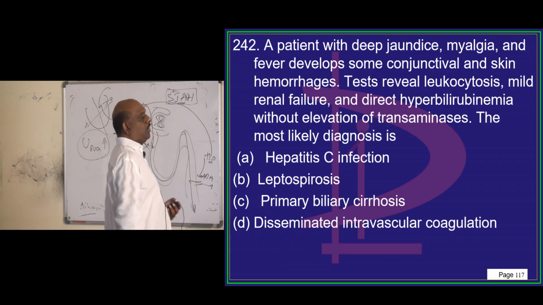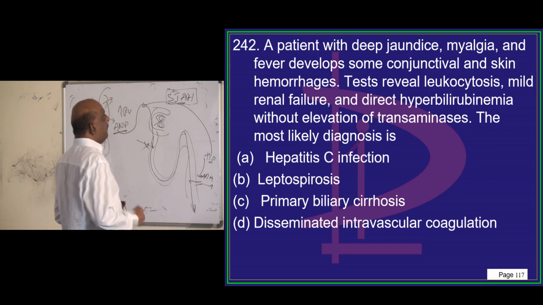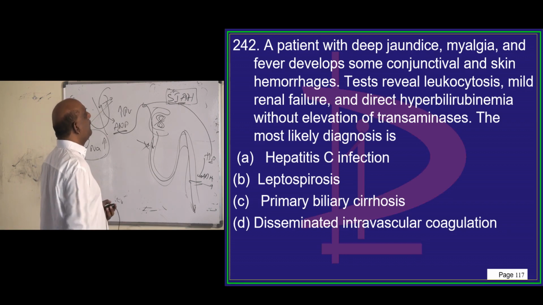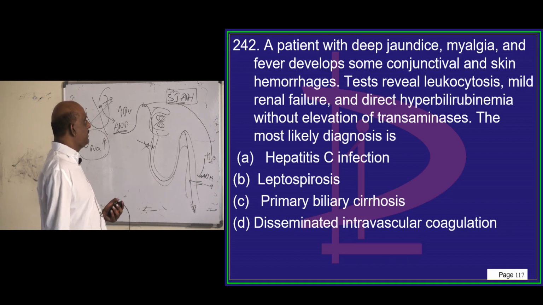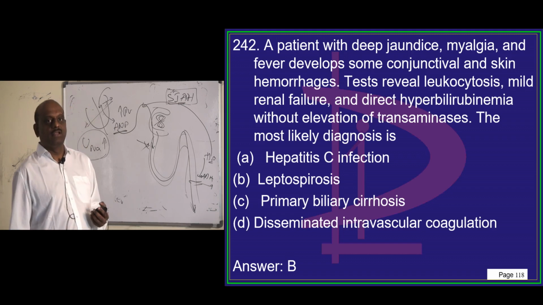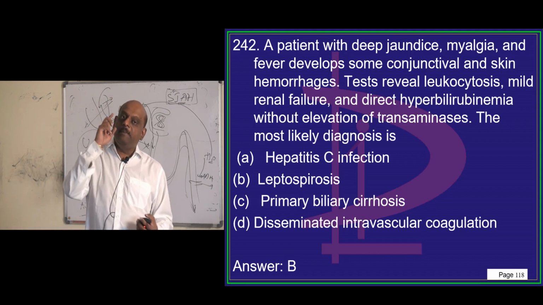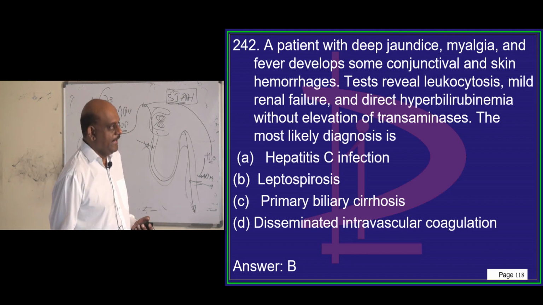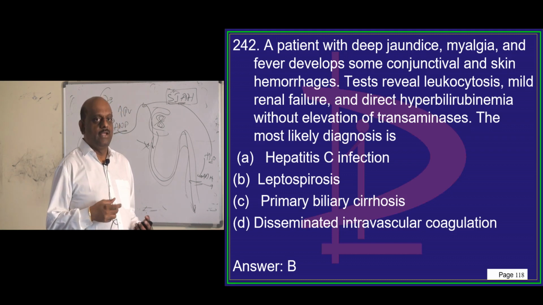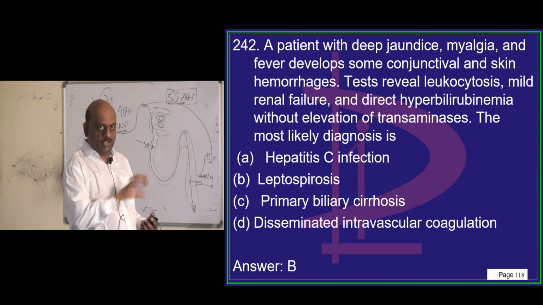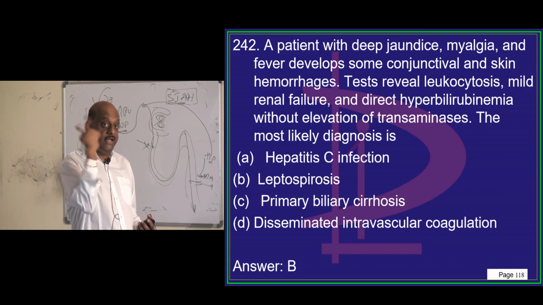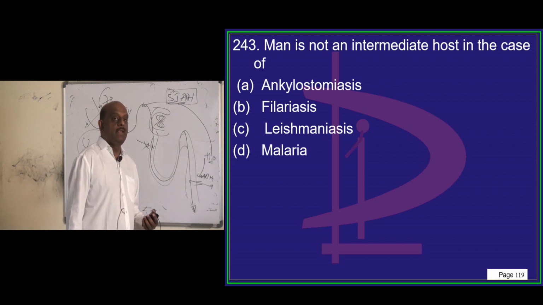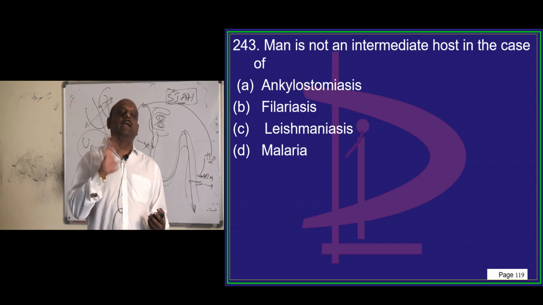A patient has deep jaundice, myalgia, fever, develops conjunctival and skin hemorrhages, direct hyperbilirubinemia without elevation of transaminases. What is the most likely diagnosis? Leptospirosis is called Leptospira icterohaemorrhagiae. Why is it called like that? It leads to development of jaundice. It leads to significant thrombocytopenia that leads to development of conjunctival hemorrhages. So it is a classical leptospirosis. Man is not an intermediate host of